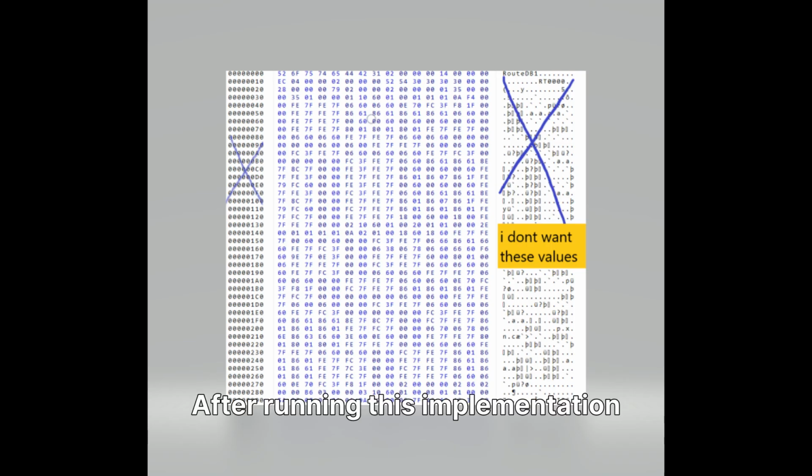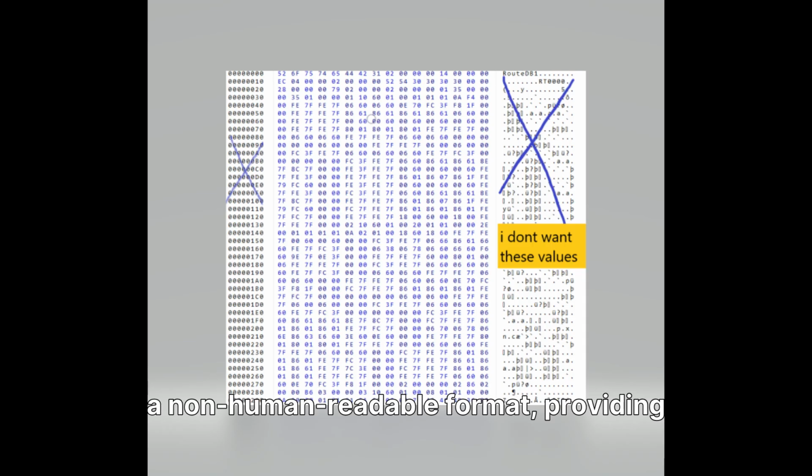After running this implementation in Unity, you'll observe a new .dat file created in your project's persistent data path. When you attempt to open this .dat file with a standard text editor, you'll find it appears as garbled, unreadable binary data. This visual confirmation demonstrates that the data has been successfully serialized into a non-human readable format, providing a